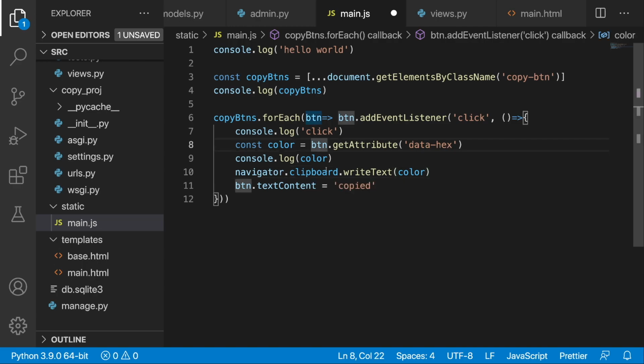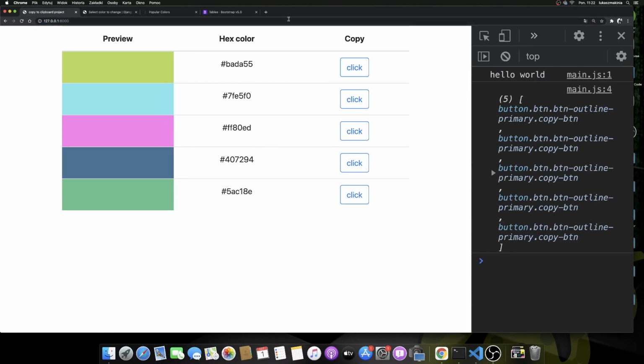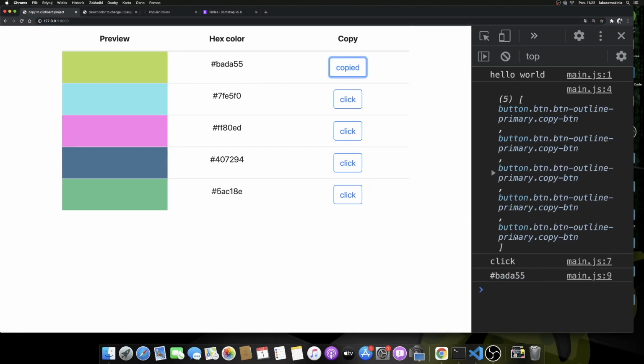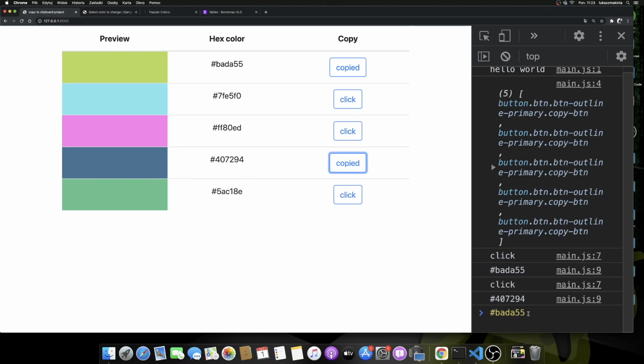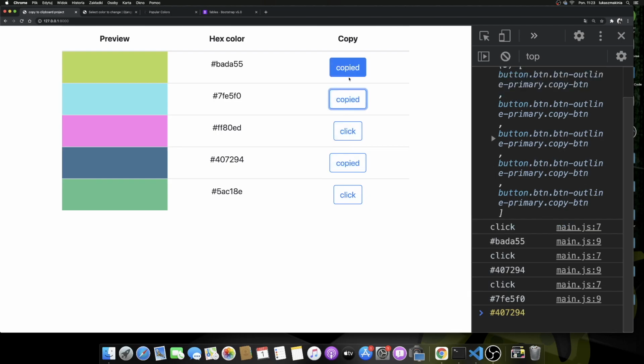All right, so now I'm going to save this, refresh, click. Okay, and here we have a confirmation that we clicked on this color. So I'm going to press Command V, and there it is. So we actually did copy this particular color. Now I'm going to click this one, and I'm going to delete this, and Command V, and there it is. Okay, so we actually are able to copy to the clipboard,